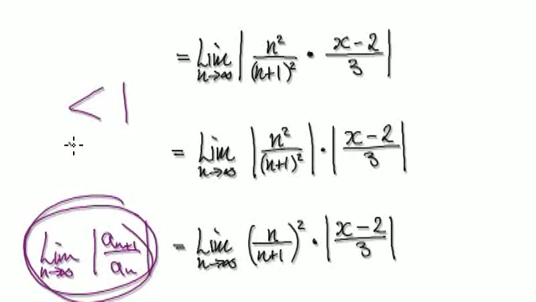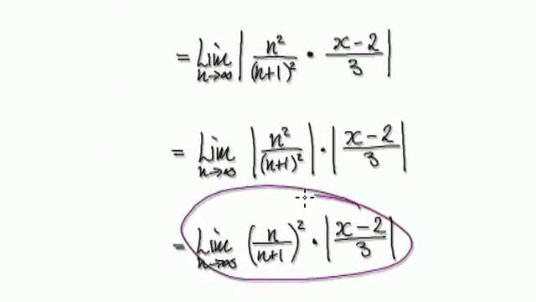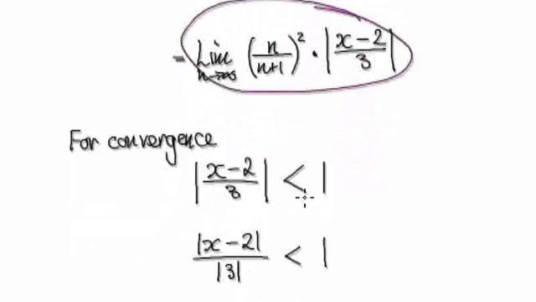If this value here is greater than 1, we know it's going to diverge. If it equals precisely 1, it's inconclusive. So we want to make this value less than 1 in order for it to converge. So we need this thing here to be less than 1. So for it to be less than 1,